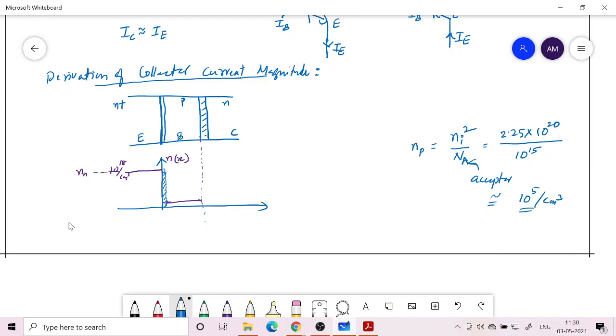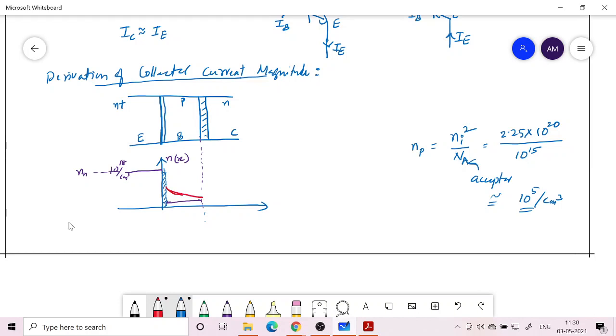So if you take, this is 10 raised to 18 in the emitter side, on the base side, even though it is lightly doped, the number of minority carriers is going to be tremendously low. That means around 13 orders of magnitude lower. So you can't really show it in the same way unless you have a logarithmic scale or something like that in the y-axis. But though this number is very small, the moment you forward bias this junction, it gets modified, and it is going to look something like this.